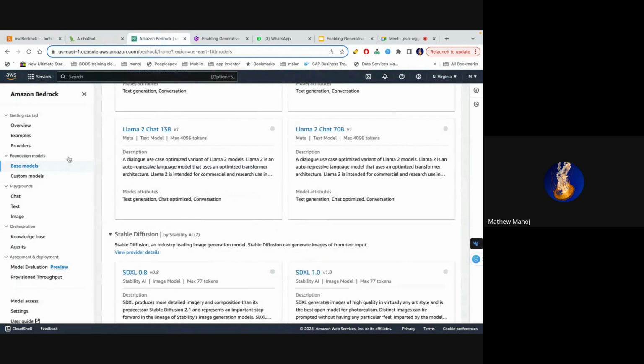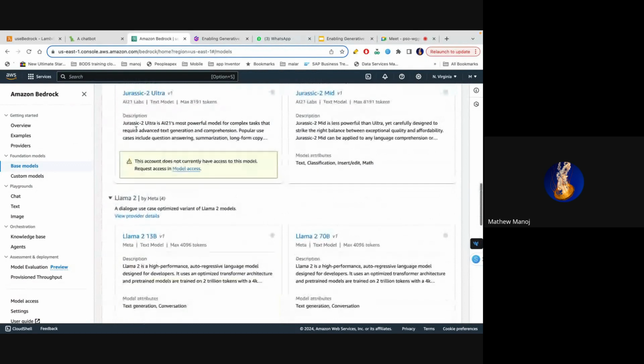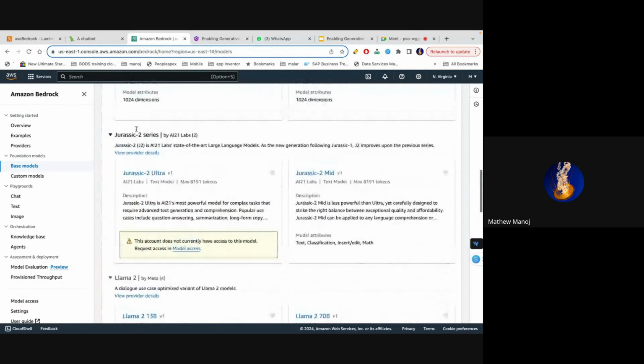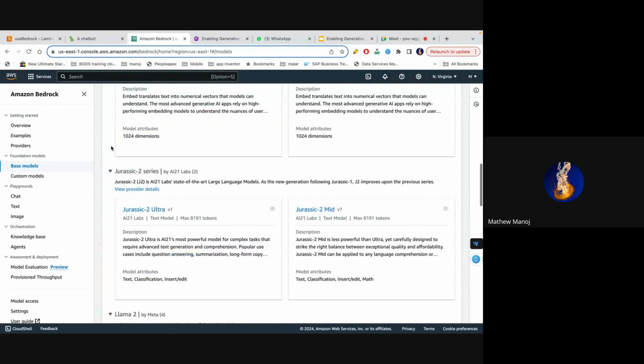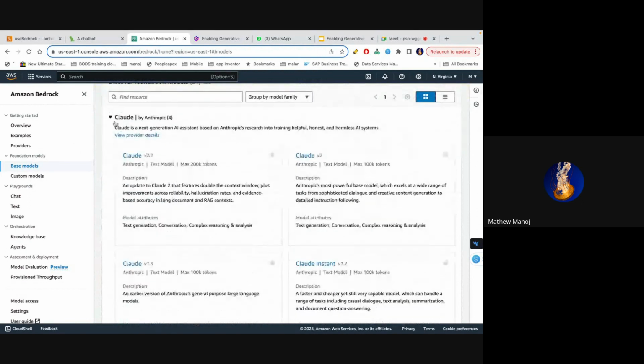How about we go to a sample one that AWS Bedrock provides here? If we come to the web page over here, we'll be able to see what other models this AWS service provides. As you can see, Claude is one of the leading ones. So would you say this is like a model store? Yeah, this is a model store.